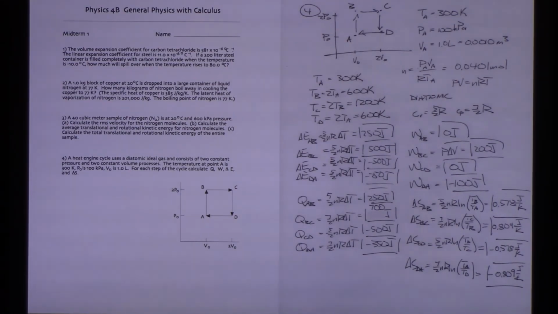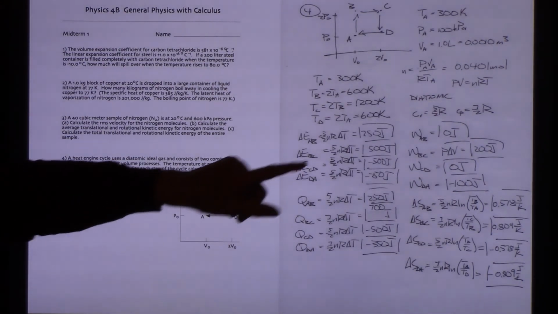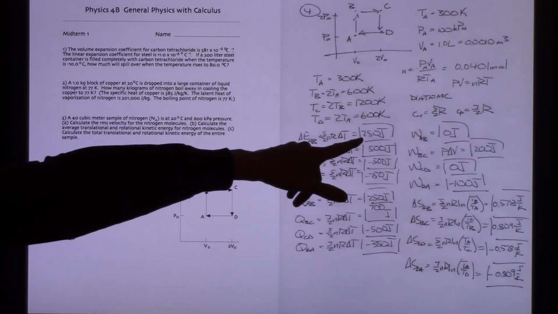It's always the same thing over and over. Delta E is just keeping track of how much energy has changed, and that's directly determined by the temperature. So these are all going to be the same formula, and that's why I like delta E's the best. And I went in and used those to determine